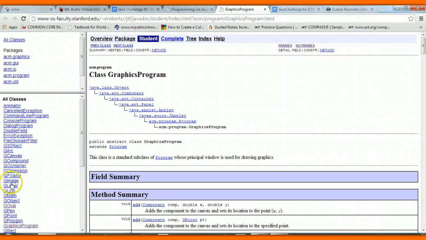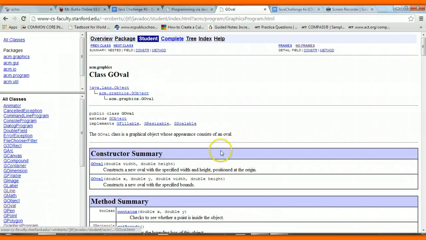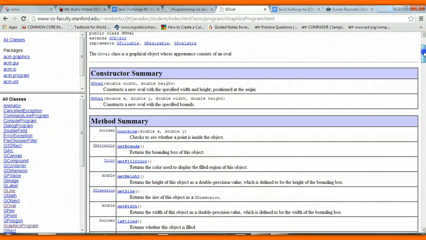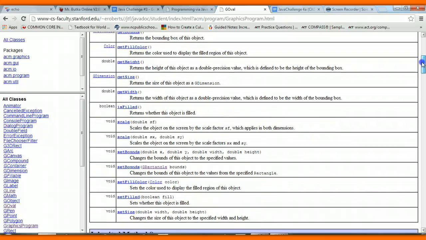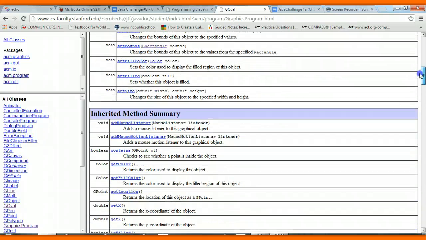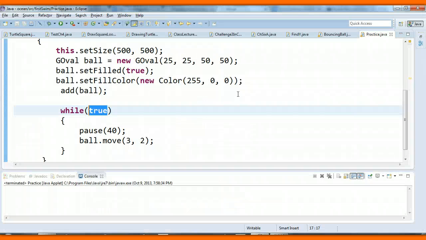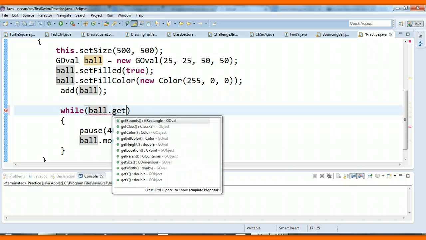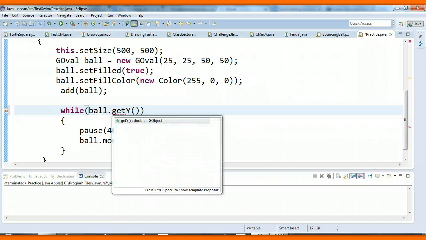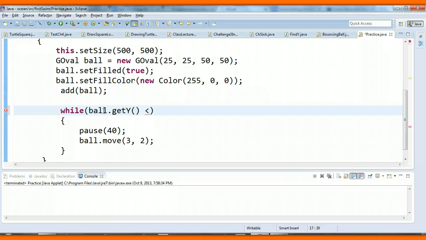So I go to GOval, and I need to find out how to get the Y position. Now if I look through here, I will eventually find one of the methods that reads getY, returns the y coordinate of the object, and it returns a double number. So I can now take that information and say while the object ball and its y position is less than 250,